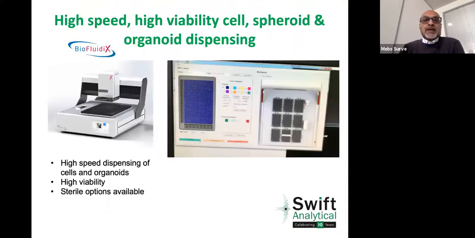Another application area that we are focusing on is in high-speed, high-viability dispensing of spheroids, cells, and organoids using our liquid handling system from BIOPHYSICS. We're able to dispense with high precision and high viability cells and organoids